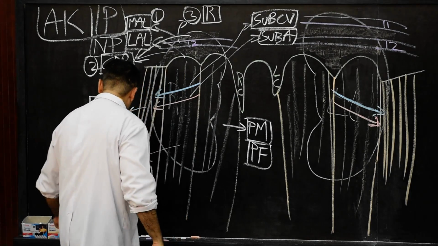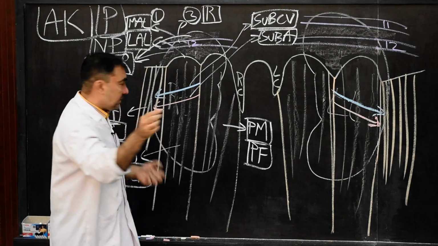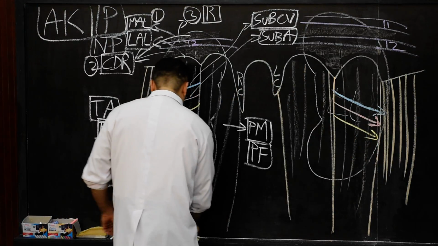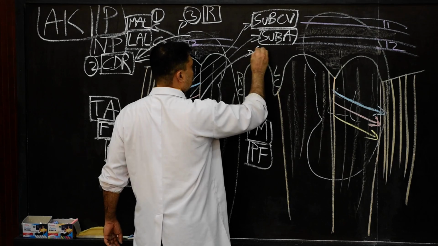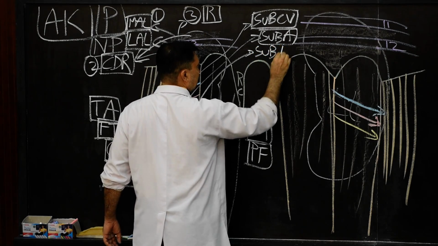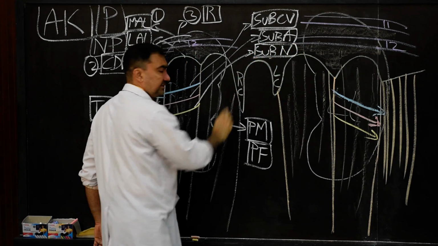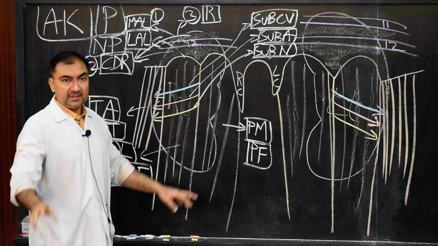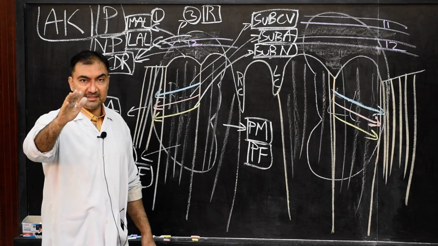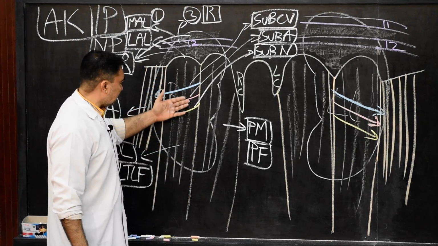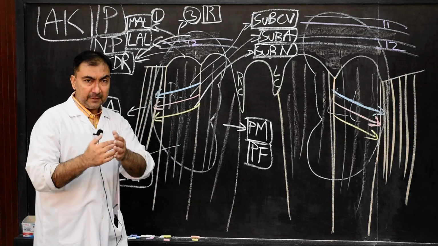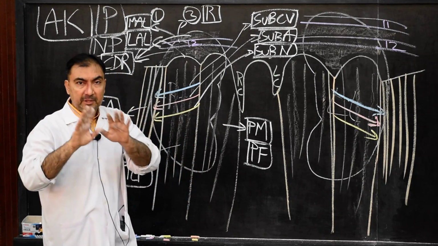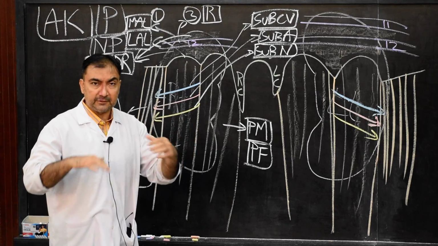Structure number 3, we show the subcostal nerve. So here we are going to show this as the subcostal nerve. Three structures, now remaining two. Remember, subcostal is T12. Level of subcostal is T12. So subcostal vein, subcostal artery, subcostal nerve, superior to inferior, anterior surface of quadratus lumborum, and posterior surface of the lower part of the kidneys. These are the relations of the posterior surface of the lower part of the kidney.